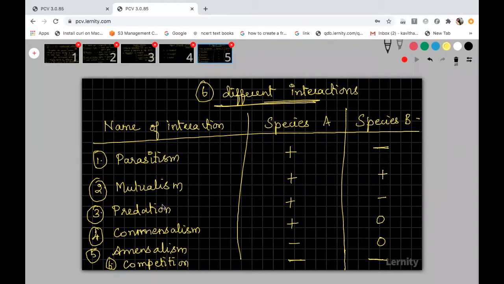So these are the 6 different population interactions. This is the population interaction we are going to discuss. We will discuss all 6 interactions. I will tell you what is meant by parasitism and give you some examples also. We will discuss all 6 in the forthcoming classes. I will start on Monday. On Monday we can discuss 3 and on Tuesday 3. We can complete within 2 days and this chapter will be over. This is the last concept.